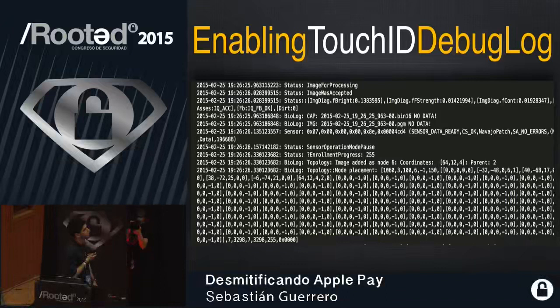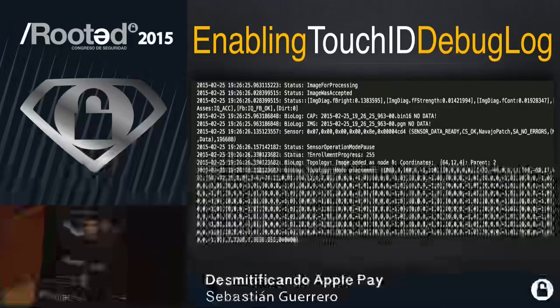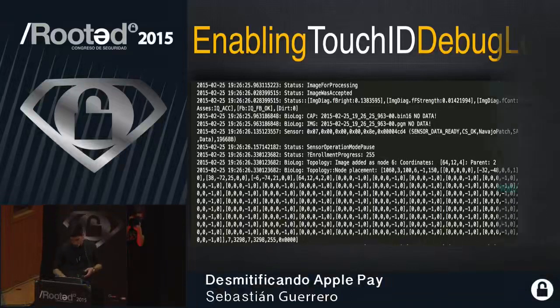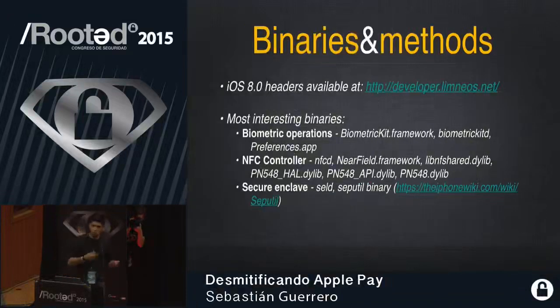And this sensor topology, this is coordinate 1 on the angle, the surface calculated. How did you put this finger on it? I don't know the way around this, but when I activate this, my goodness, this is the surprising box. So I'm going to tell you now what the binaries and interesting methods you have to check